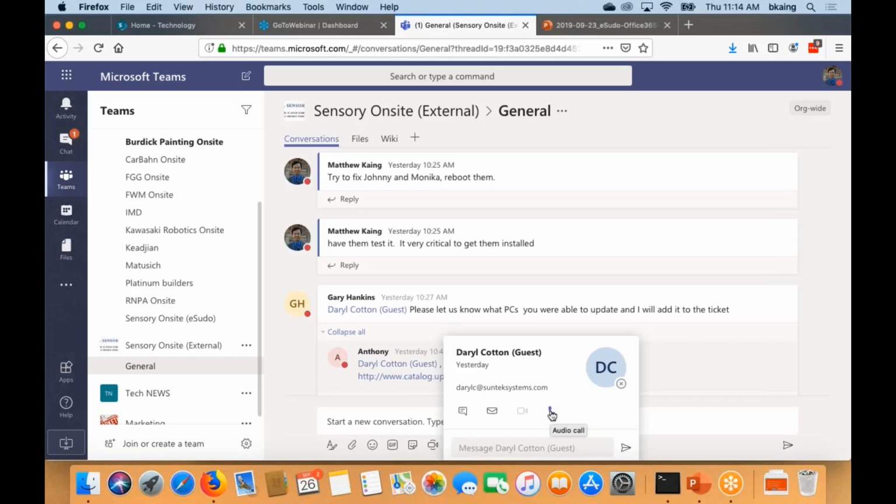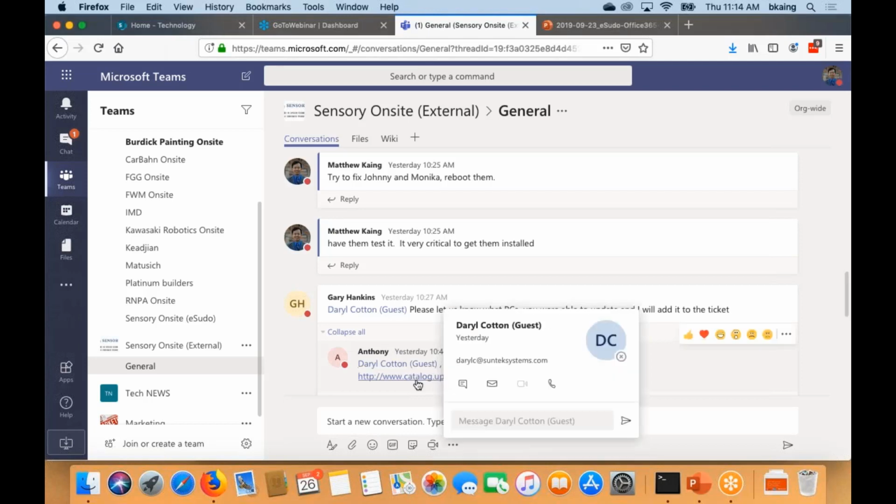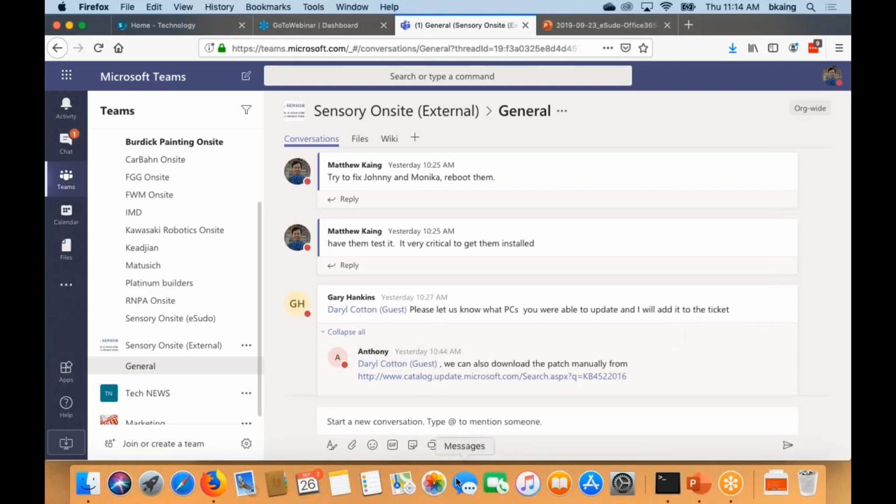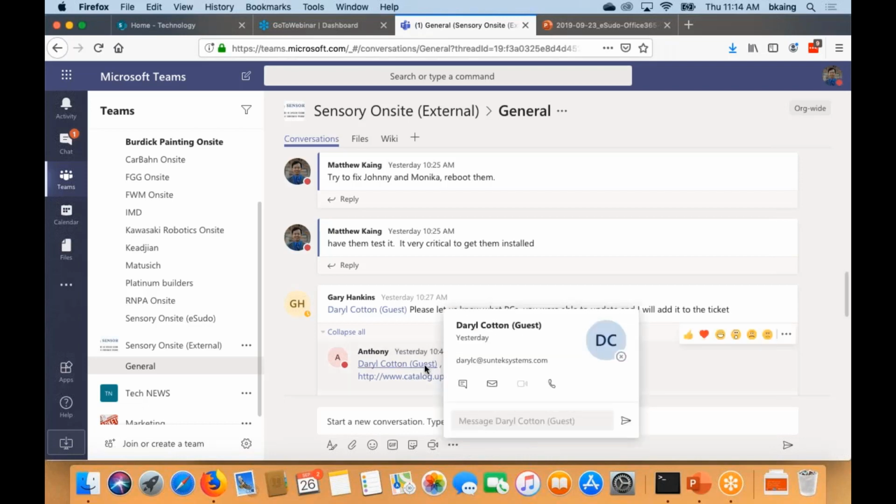Right. And right now ours is not allowed to. So you just consult with your IT department and say, hey, we want to be able to work with external people. So right now, this is what we did. We set this up so that I can communicate with him because he helps us out. It's marked as a guest. Yes, and you see how it says guest, so it's not to be confused with an internal employee. Okay.